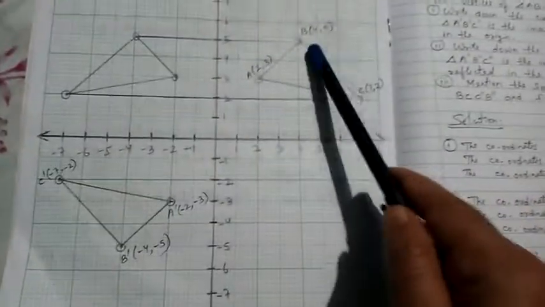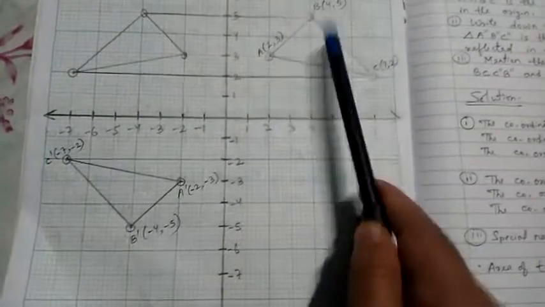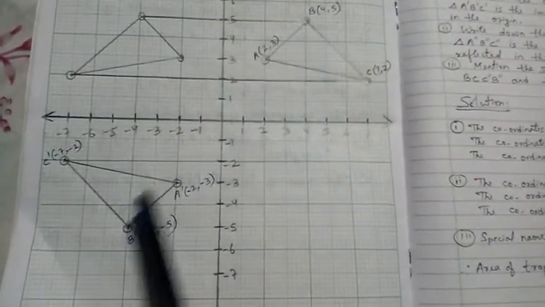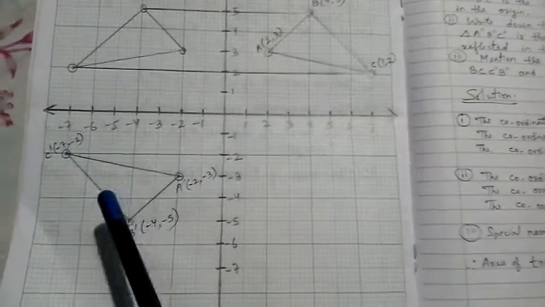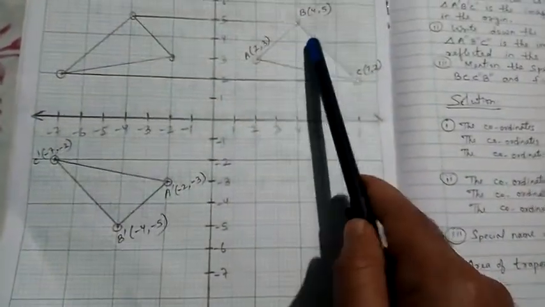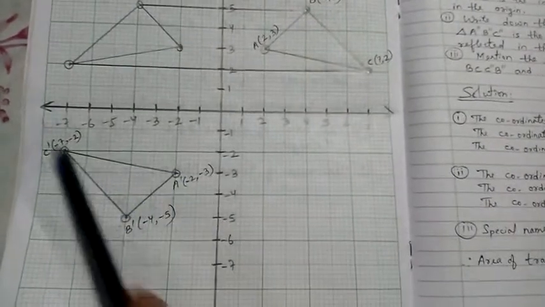In the origin means it will jump over the middle point like this from here to here. So this ABC came to this side and became A dash, B dash and C dash. And as we know, it is also a triangle because the reflection of a triangle will be a triangle. So I joined here also.